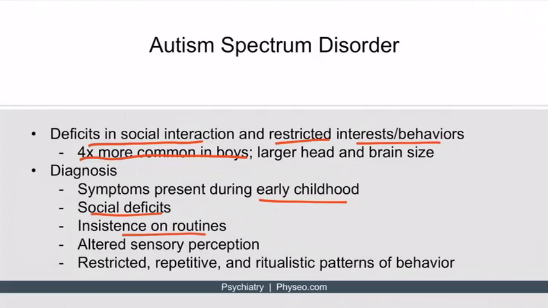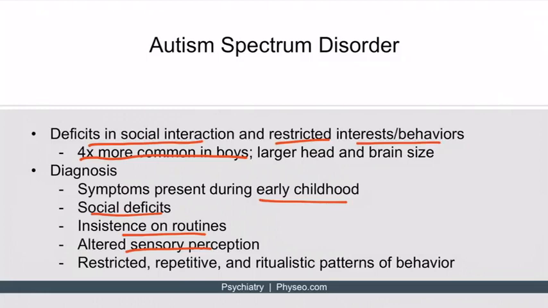Another group of symptoms involves altered sensory perception. A great example of this is Temple Grandin, who is a famous animal science professor who also has autism. She describes how as a kid, she couldn't tolerate being hugged because the sensation was so overwhelming and felt like tidal waves. Similarly, scratchy clothes are often unbearable to kids with autism due to the sensory overload they cause.